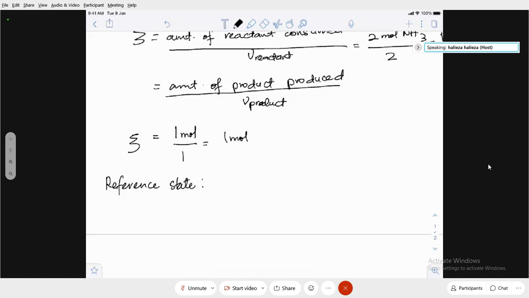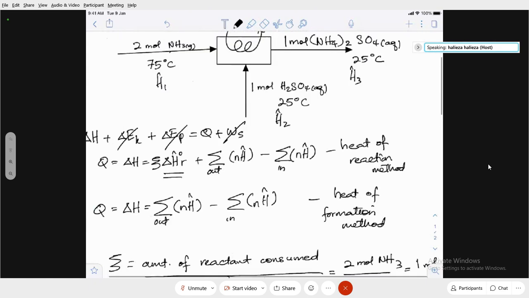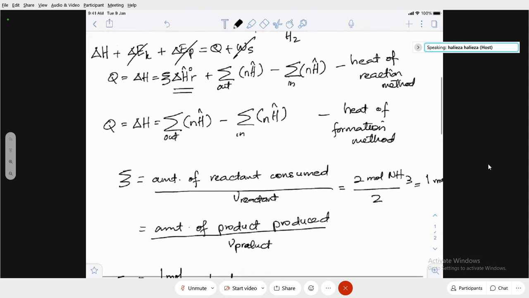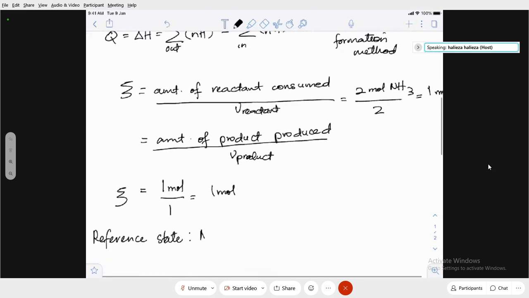But if you state it at 25 degrees C, since your heat of reaction is at 25 degrees C, it's easier that way. So you're going to use the compound as your reference state because we are using the heat of reaction. So we're going to have ammonia gas, sulfuric acid solution, aqueous,